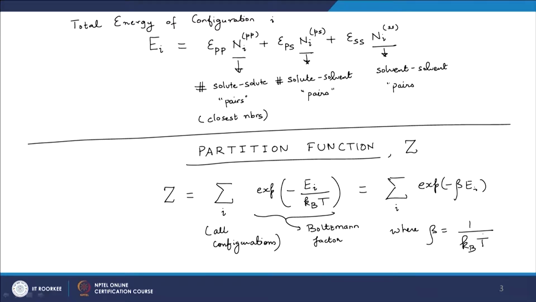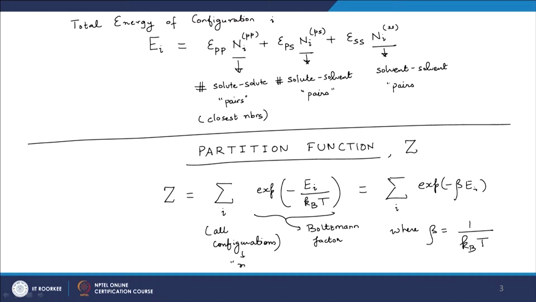Okay. So, essentially what Z is, if you are not used to this language, is the sum over the Boltzmann factors of all possible conformations or configurations, or what is also known in statistical mechanics as microstates. If you have had a course on statistical mechanics, you must have known this as the sum over all microstates, but essentially it is all possible conformations or configurations which are present in the system. We simply compute the Boltzmann factor and sum them up,